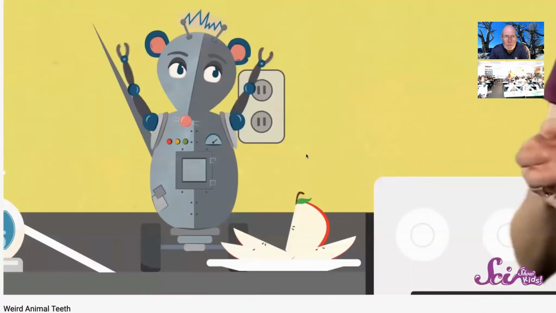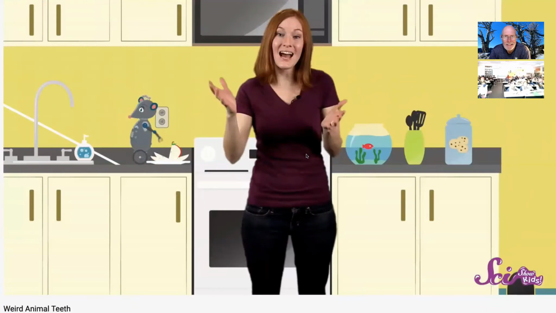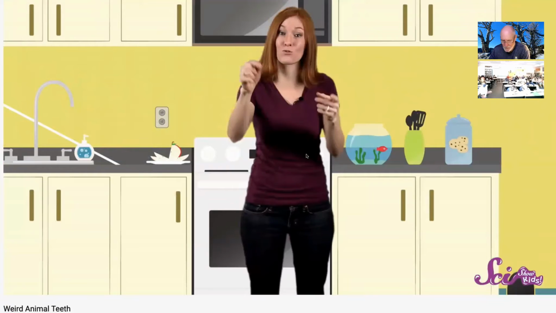But when the snake bites its prey, let's say like a rat, no, not you, a biological one, a real one. When it bites into a real rat, these teeth act like needles. Toxic venom then travels from the snake's mouth through the hollow fangs and directly into the prey.